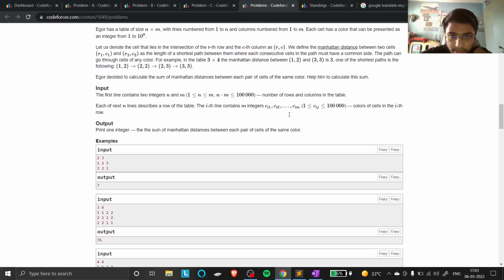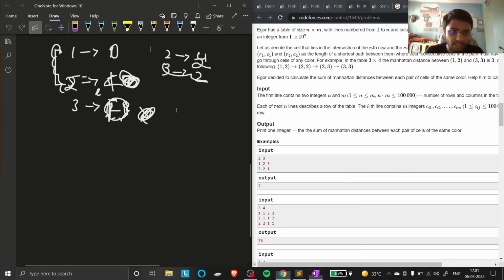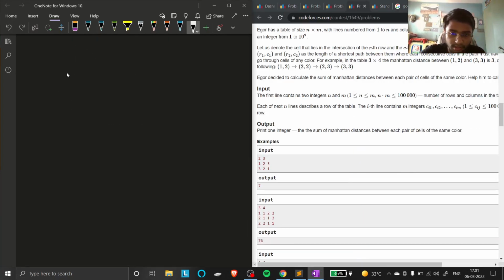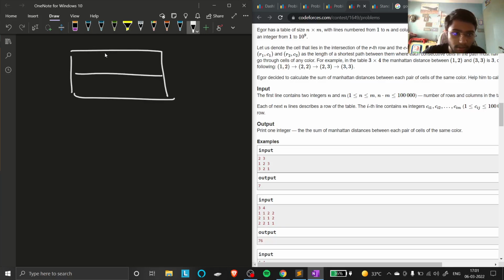Okay, so let's do it here. At least we can understand. We should understand the things also. However, the contest is gone. Let it be 3, 2, 1. So the sum of the Manhattan distance between each pair of cells of the same color. So if I calculate